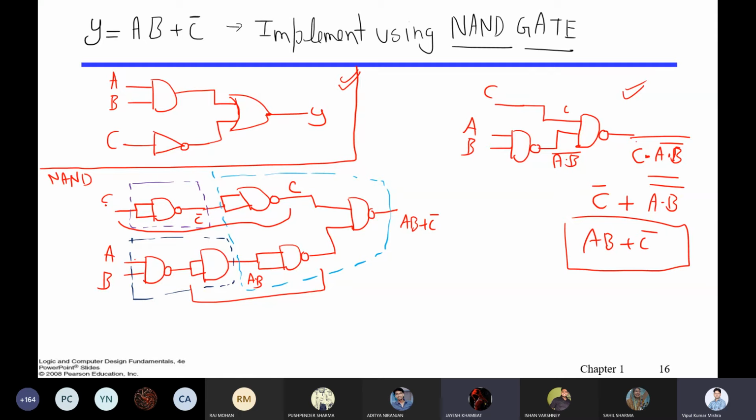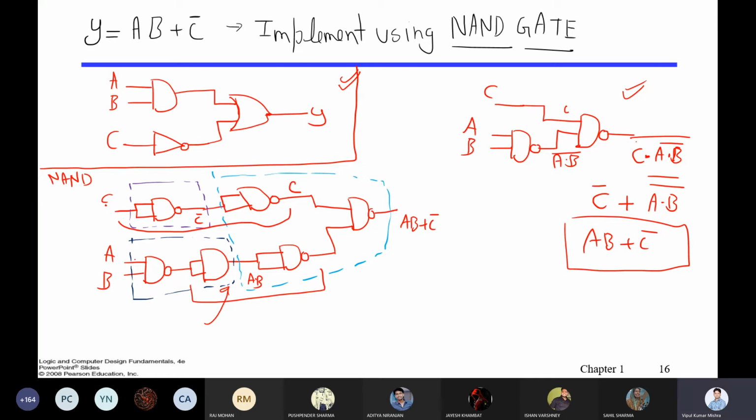You require at least three gates to make the circuit. So NAND not only gives you the property of universal gate, but also helps you in optimization many times. Your circuit will become much more optimized when you use a single gate, because these things are possible only when you are using the single gate.